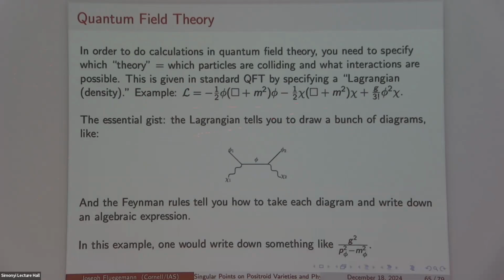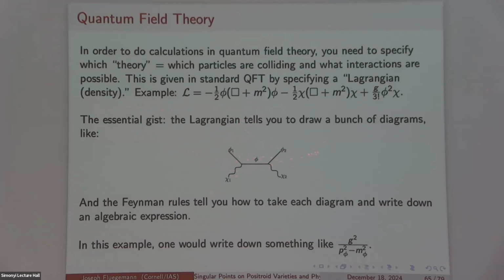In quantum theory, I know that we had the joint physics combinatorics thing a few weeks ago, so it's probably a review. In general, what we do in quantum field theory is we have a Lagrangian, and the Lagrangian tells you how to draw these diagrams